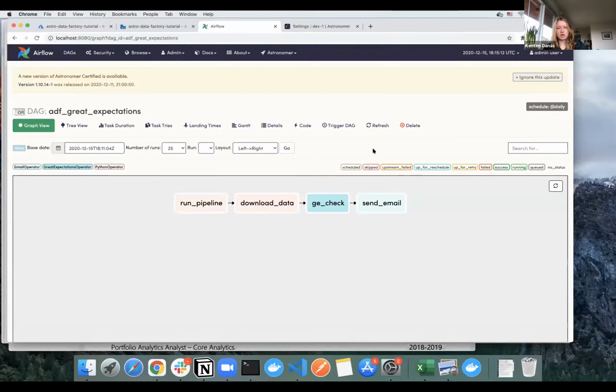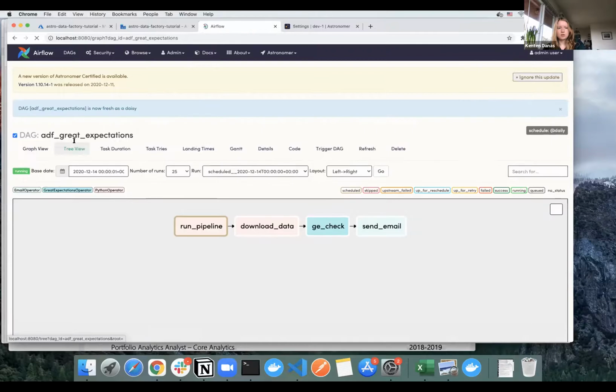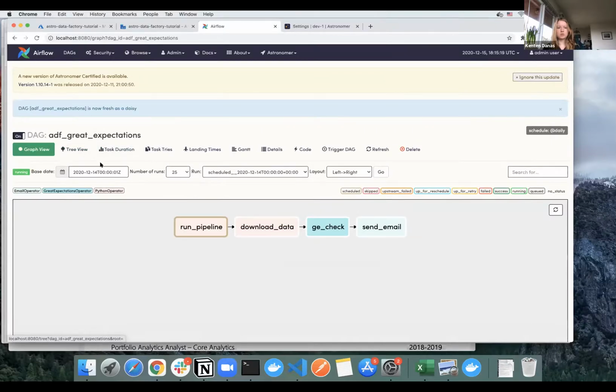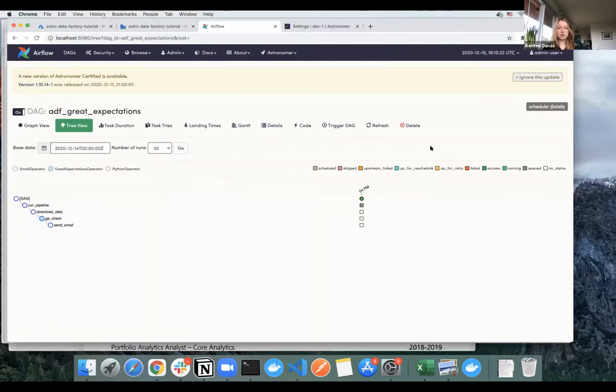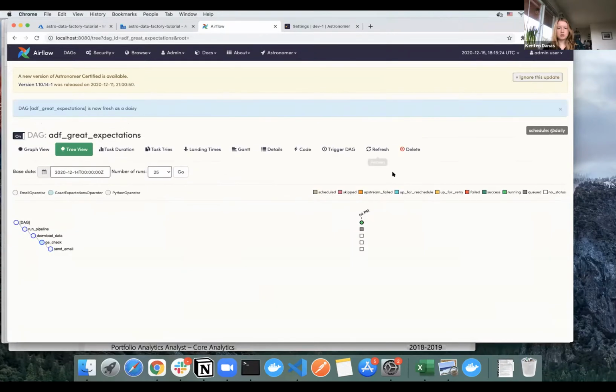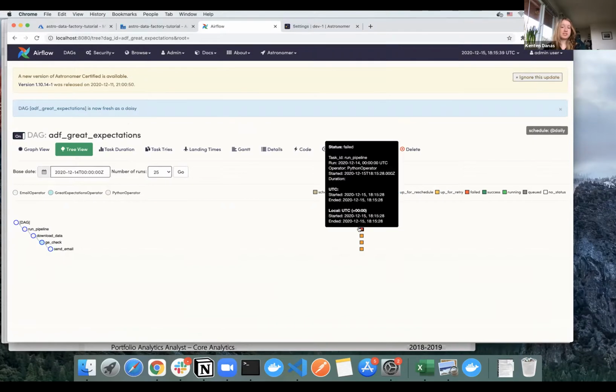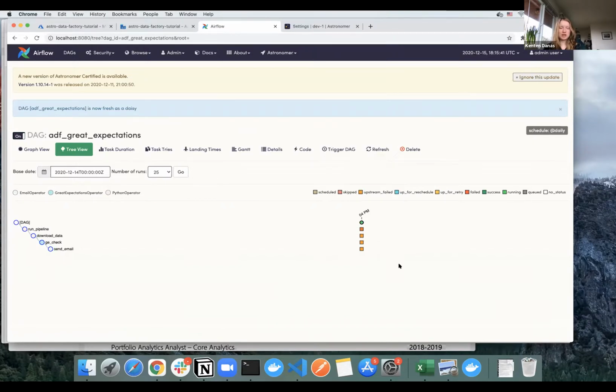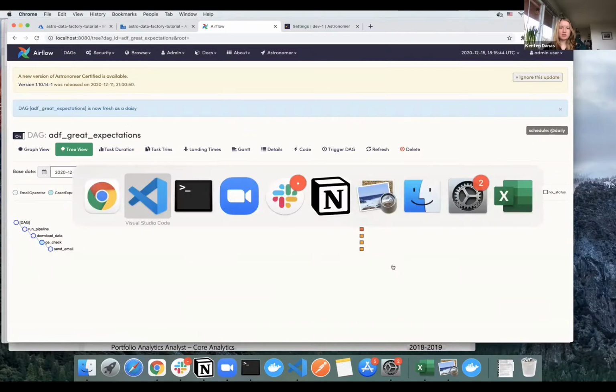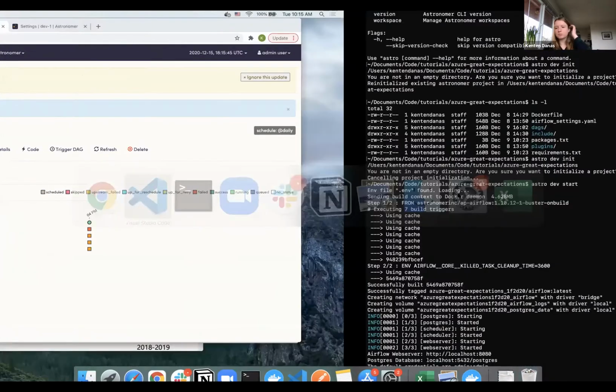So if I pop back over here and go ahead and turn this on, that's going to start this running. It'll take a few seconds to go through this. But when it's done, what you should see is these two tasks succeed and then this one fail. I think the connection was not set up correctly, but in any case,